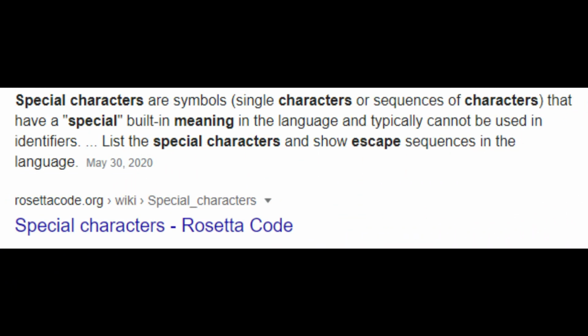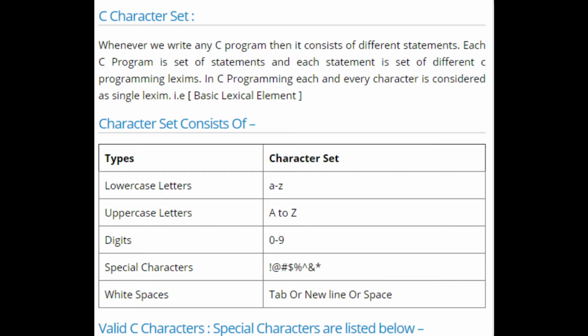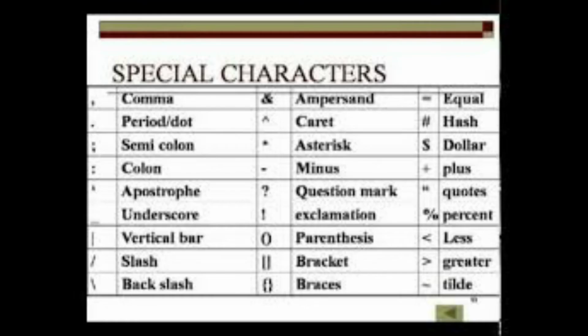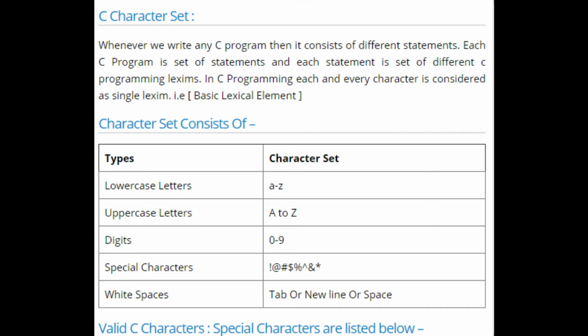Special characters: all the characters other than small a to z, capital A to capital Z and 0 to 9 are known as special characters. And there are types of characters. So let us know. First one is lowercase letters, and the character set is small a to small z. And next one is uppercase letters, so that is capital A to capital Z. And next one is digits 0 to 9. And next one is special characters. Example exclamation mark, @, hashtag, dollar symbol, percentage, multiplication. So these are special characters. These are the 4 types of characters used in C language.